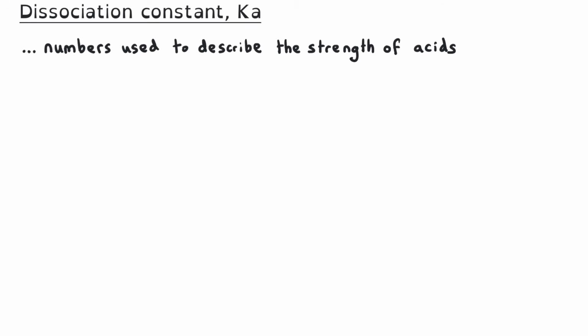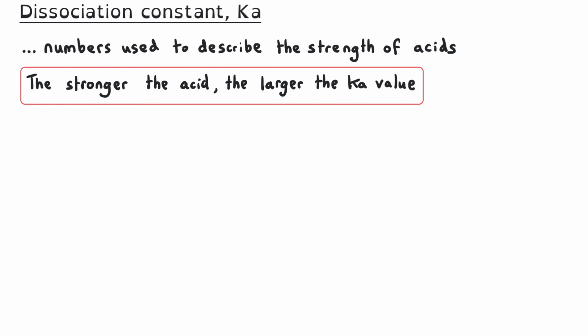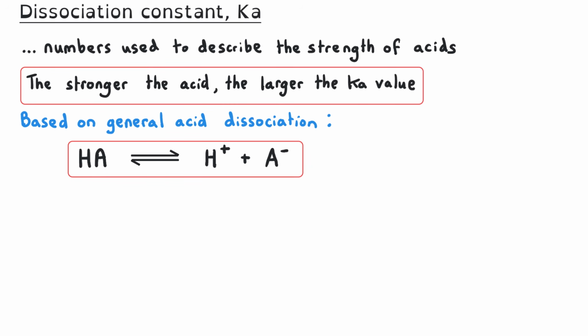Acid dissociation constants are given the symbol Ka, and they are numbers used to describe the strength of an acid in an acid-base equilibrium. In general, the stronger the acid is, the larger its Ka value will be. These values are based on the dissociation of the acid from the undissociated or unionized form into a proton and